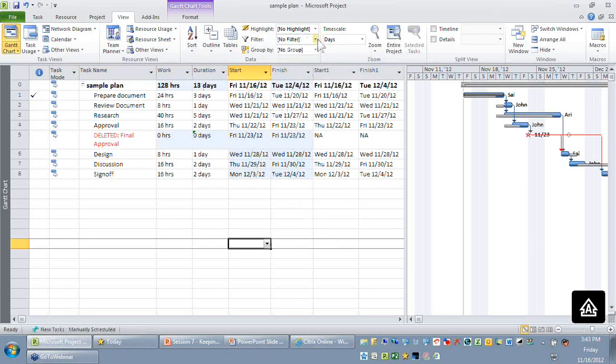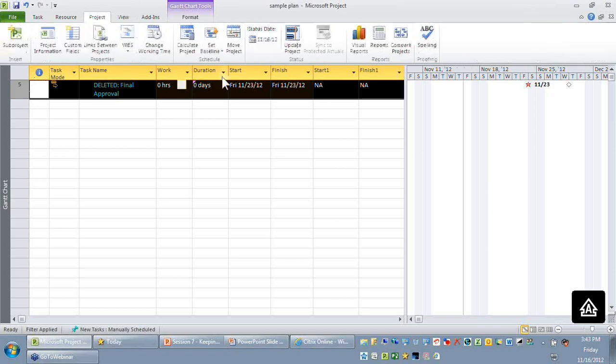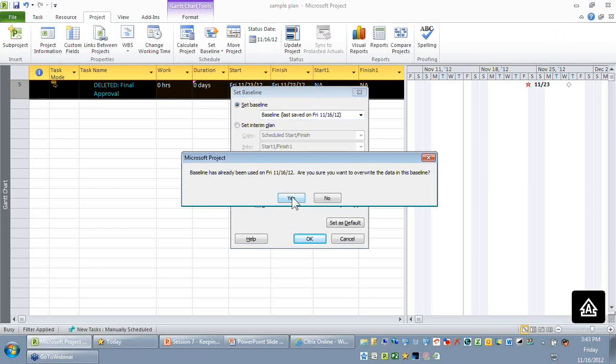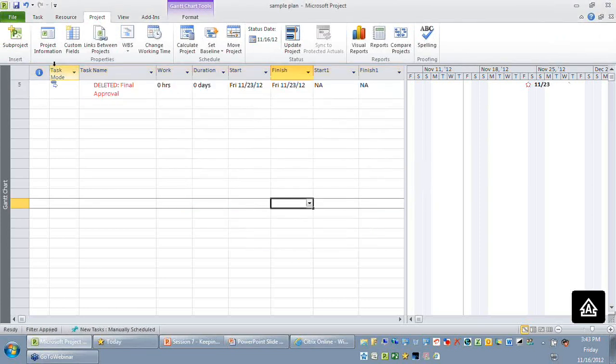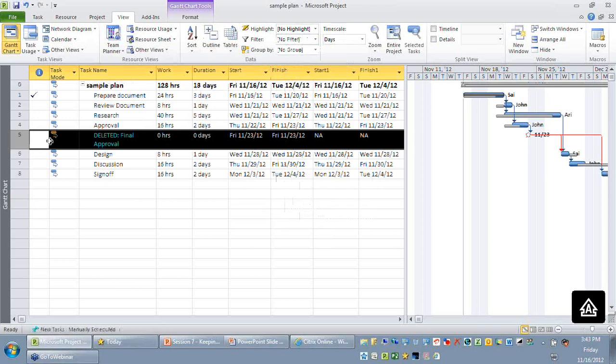Right, so when I apply the filter called impacted activities, only this activity got impacted. So I'm just going to select project, set baseline, selected task, roll up to all baselines. Let me change my table to the entry table, and let me reset the filter to no filter. As you can see, I've not done a hard delete. I've just made sure that I reduce the duration or the work of this task to 0